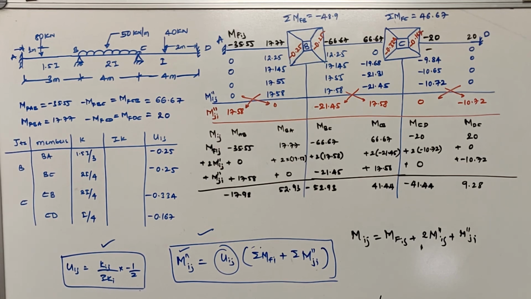So this completes the second problem. You can solve the continuous beams which were solved in the previous modules using Kani's method and try to verify the values. In all three methods you have to get the same end moments. If you want to practice more problems, take the problems which are solved in slope deflection and moment distribution, and solve them using Kani's method, so that you can verify the values of end moments with all the previous methods. This way you can practice the different methods.